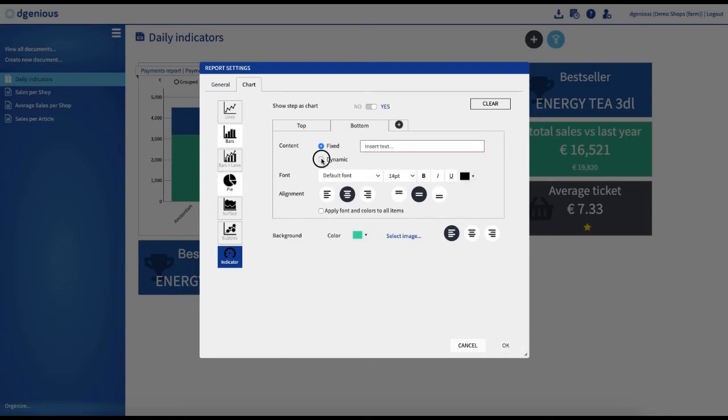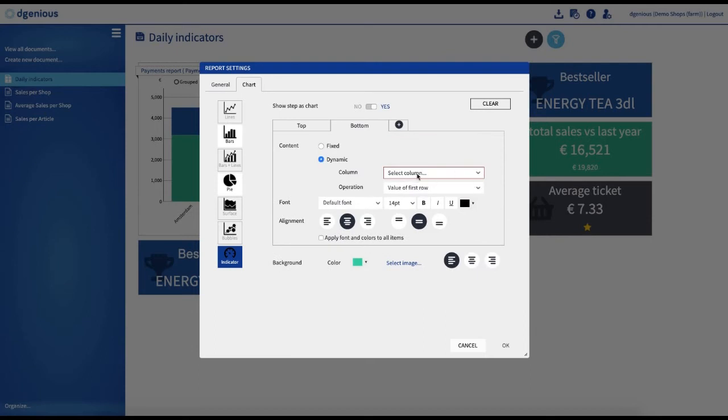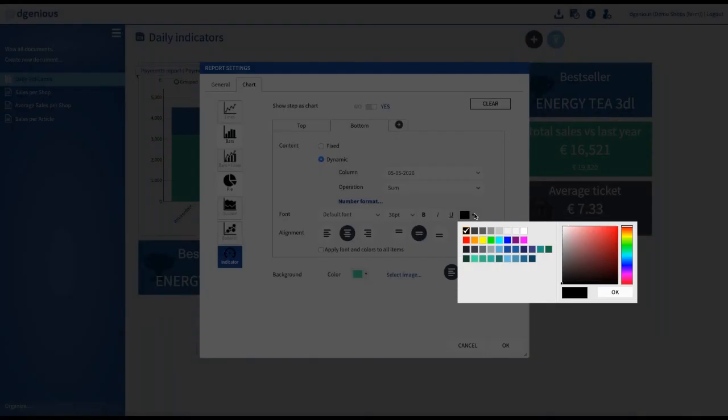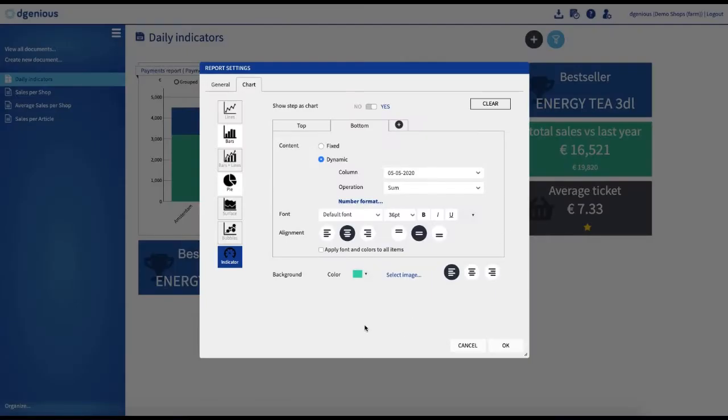We're going to take the data from the table that is in the cell, and we need to select the column that is going to show us the turnover of today. Now we select this one. And now we need to choose an operation because remember the table is giving me the turnover per shop. So I need the sum of all shops. So I click on sum, and then again I can change the font, size and color,